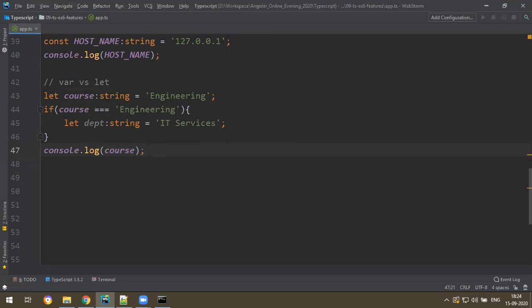What is the answer? And also, before you understand this, you need to know something called the scope concept. The difference between var and let is, var does not support the block scoping concept, but let supports the block scoping concept. What is block scoping? If you declare any variable inside a block, any statement block, you cannot access that variable outside the block.